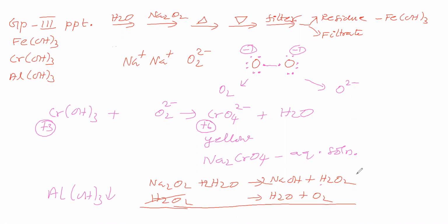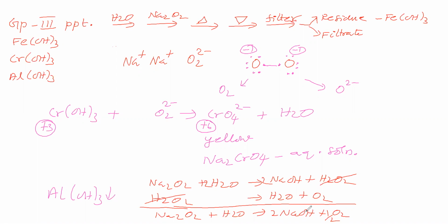This hydrogen peroxide cancels. So Na2O2 plus water, with water one time canceling, gives NaOH plus O2. Sorry, sodium is 2, here also 2. Oxygen 2 plus 1 is 3, here oxygen 2 times, so we will make it as half. Hydrogen is 2, here also hydrogen is 2. Okay, it is balanced.